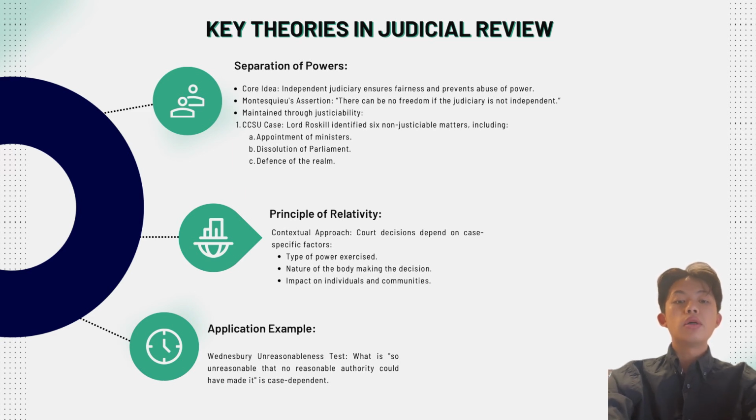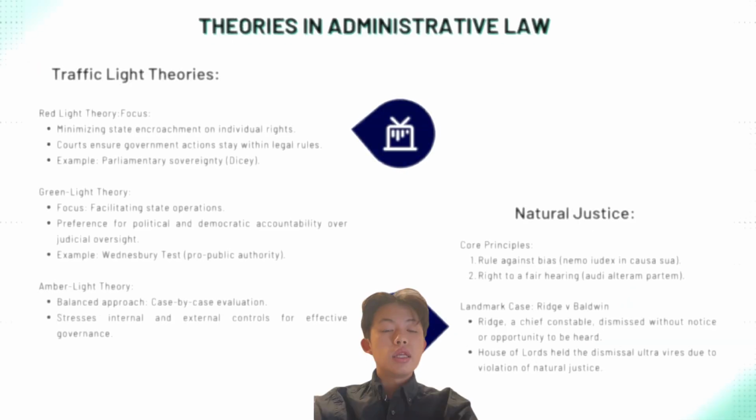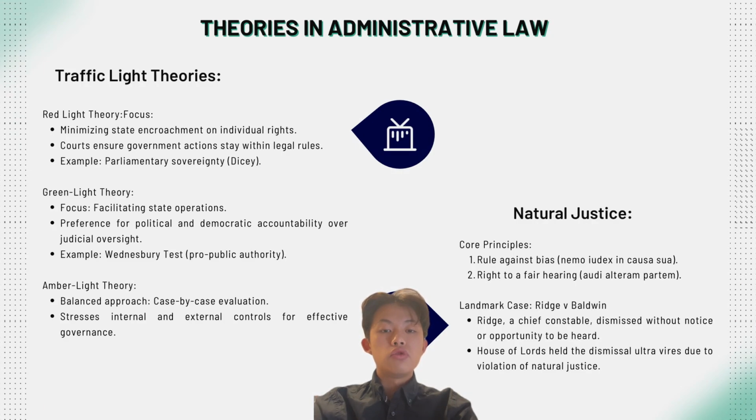So for example, of the principle of relativity being applied is the Wednesbury unreasonableness test, because what is deemed so unreasonable that no reasonable authority could have ever come to it is largely dependent on the circumstances of the particular case. Additionally, when determining the rules of judicial control over public administration with an intent to secure good governance and